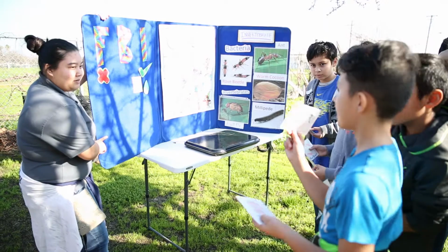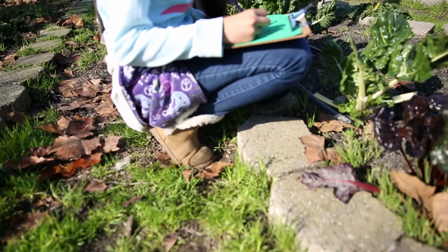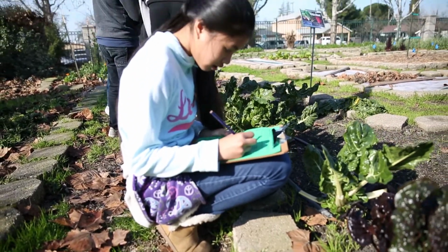Career technical education is really important not only for students to find a place in the world once they leave high school. So we help bring students real-world experiences and real-life activities that connect to what they may do in college, but also prepare them to be ready in the workforce immediately after high school if that's the path they